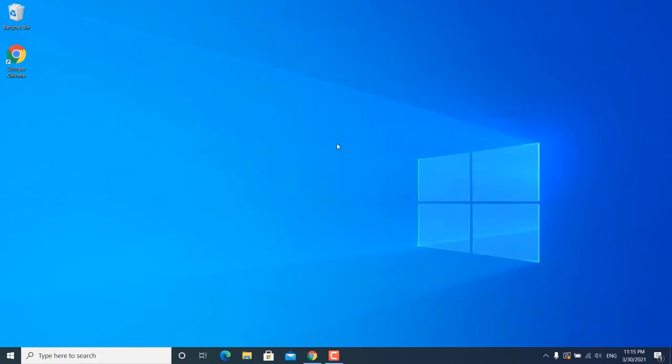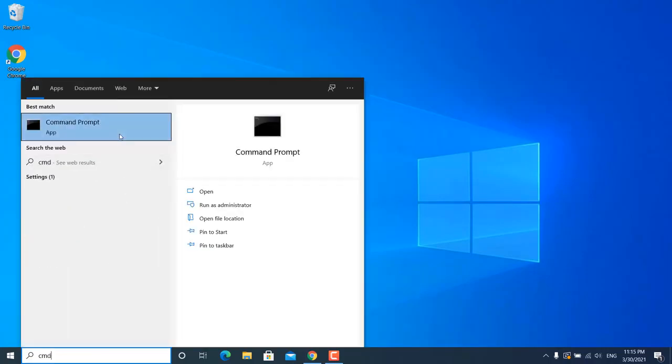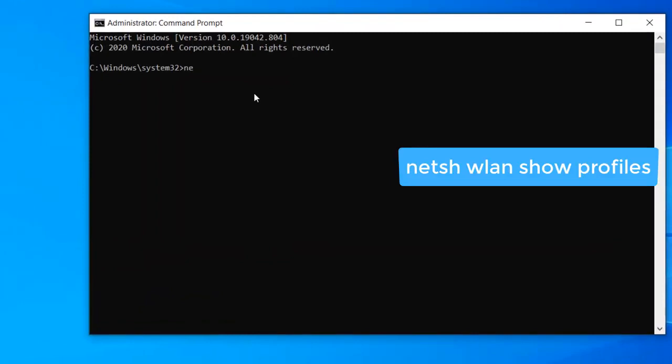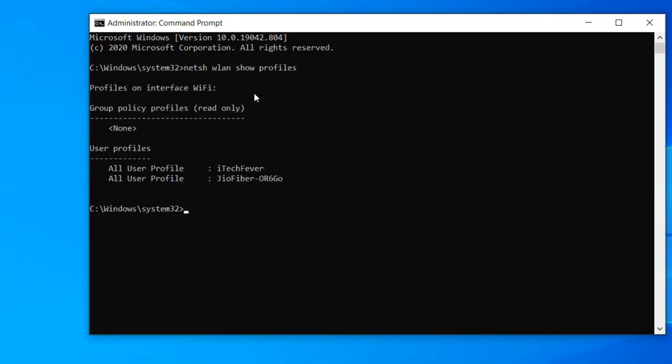But you can also uncover the Wi-Fi password using the Command Prompt. Go to Start and search for CMD and click on Run as administrator. Click on the Yes option you will get on the screen. And in the CMD you need to type netsh wlan show profiles and hit enter on your keyboard, and it will show you the current Wi-Fi network and all the Wi-Fi networks which you ever connected. You will see all the network profiles listed there. And you can uncover the password of every network which you ever connected to your Windows PC.